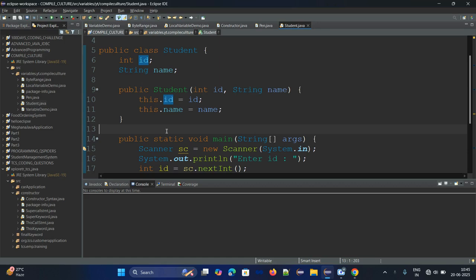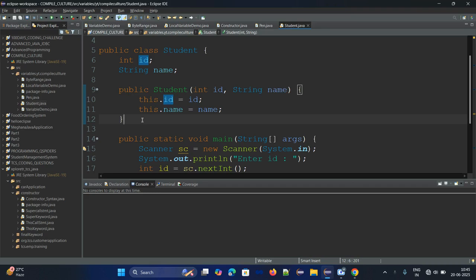Now coming to the rules of the constructor. Constructor is a non-static initializer, because we are going to initialize all the non-static members. This is also non-static, because we are creating an object for this constructor.